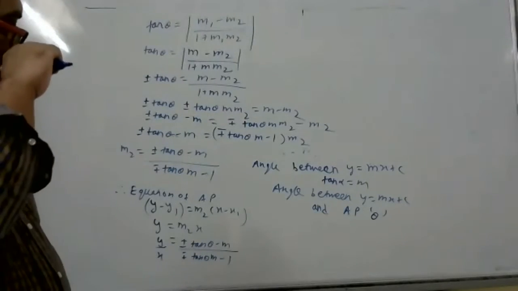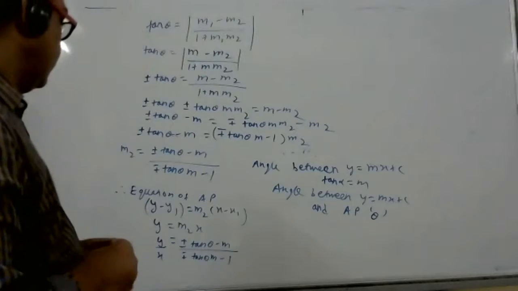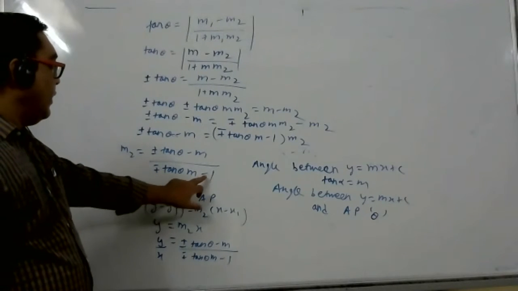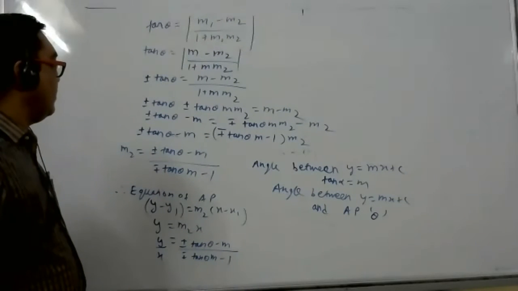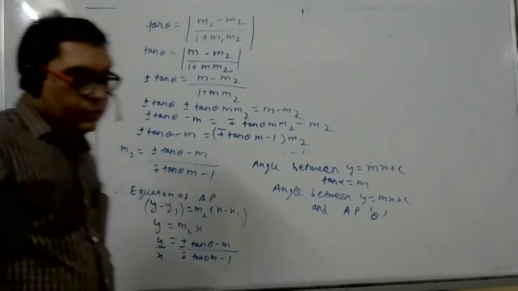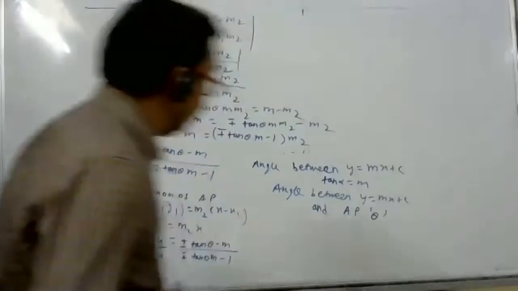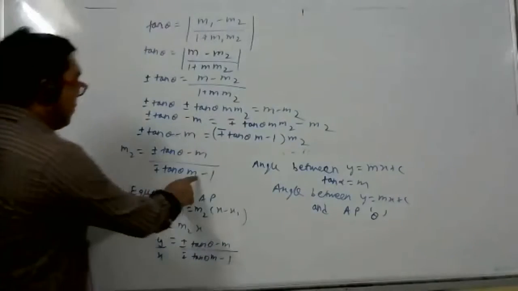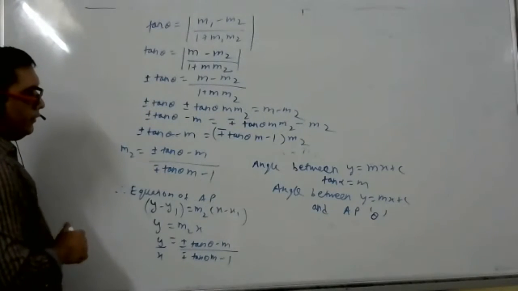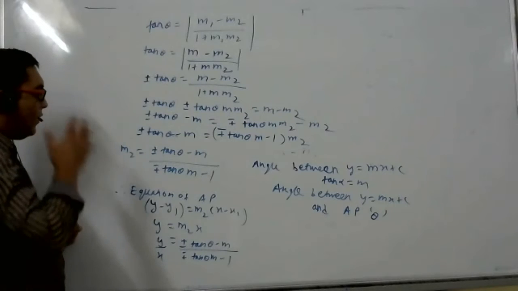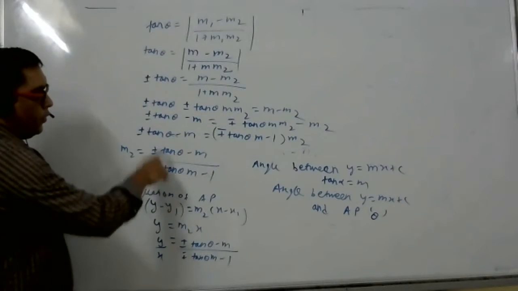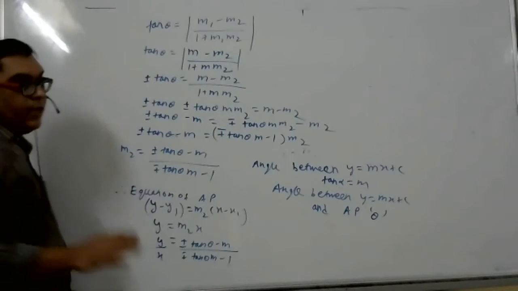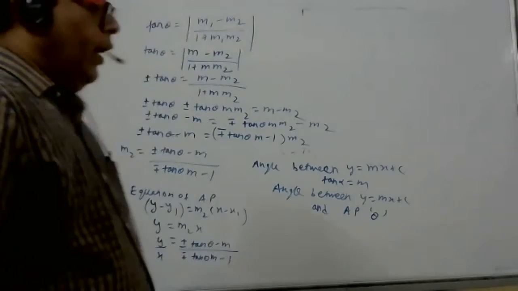Sir, I have just one doubt. Tell me. In the denominator, you got minus 1, but actually it's 1 minus plus m tan theta. Does that make any difference? No, we have done it wrong then. Why minus? And the numerator is m plus minus tan theta. So what you do is take minus common from here and multiply up. Or else we can multiply both numerator and denominator by minus 1. You multiply by minus 1, you'll get the same answer. Okay, yes, sir, I got it. You take minus common, it will go up because this will become plus then. Are you understanding or not? Yes, sir, same answer only. Thank you, sir.